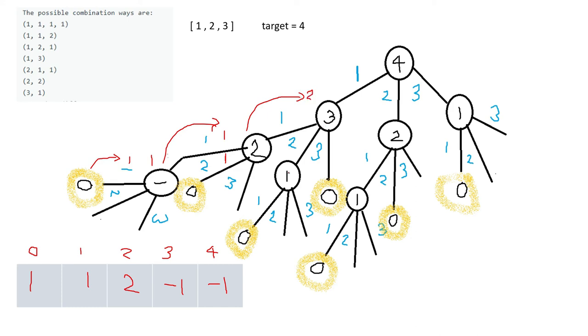Then from 3, if we reduce to 1, that time we will directly search in this DP table, for target 1 is any value present other than -1? Yes, 1. So that means we don't have to go further, we will directly return 1 here. And if my target is 0, that means 1 we have to return. So total 2 plus 1 plus 1, 4 I have to return from this layer. Or we can say for 3, the total ways possible is 4. That is 1, 2, 3, 4. It is clear from the picture also. So we have to update that data here.